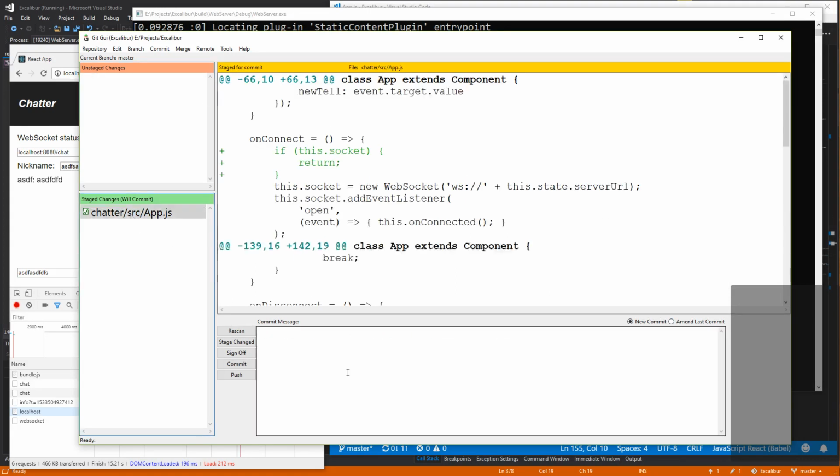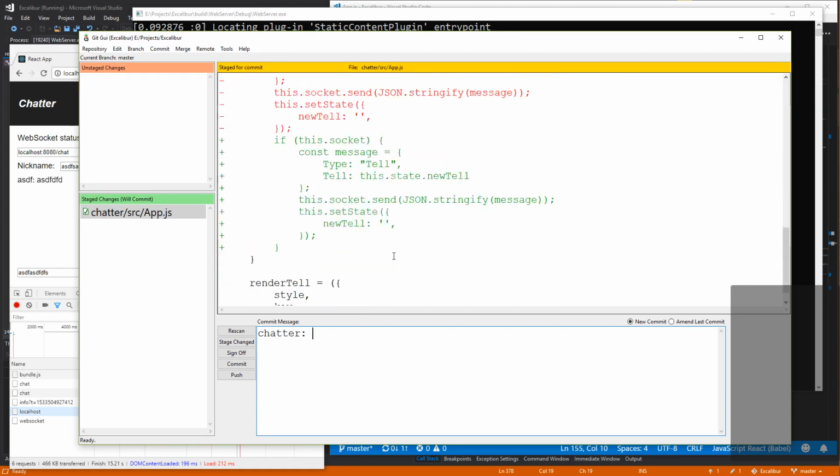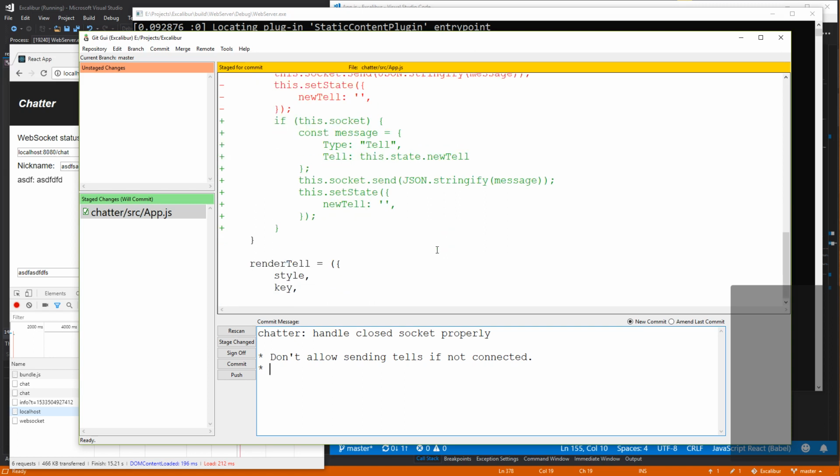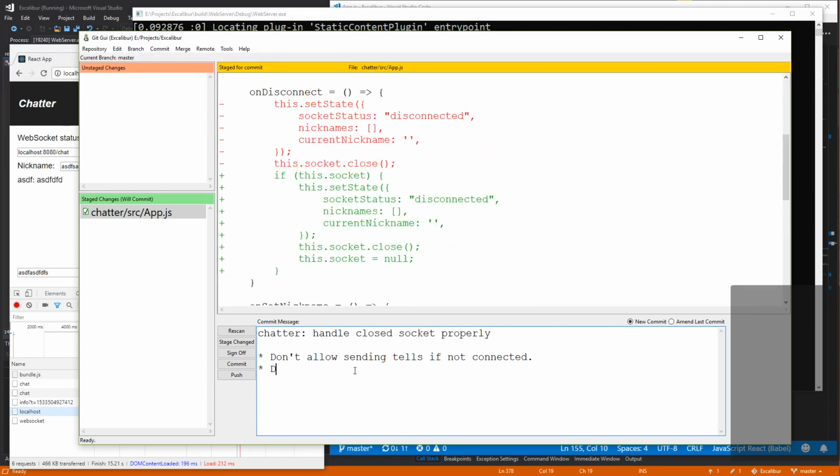New commit, I guess. Chatter: handle closed socket properly. Don't allow sending tells if not connected. Don't disconnect again if already disconnected.